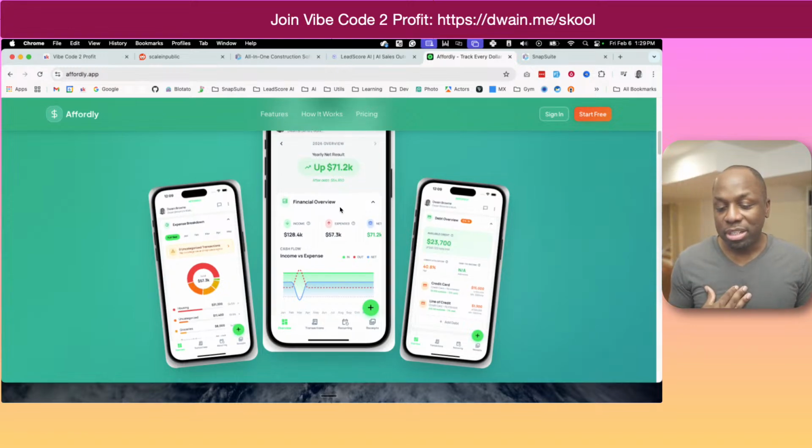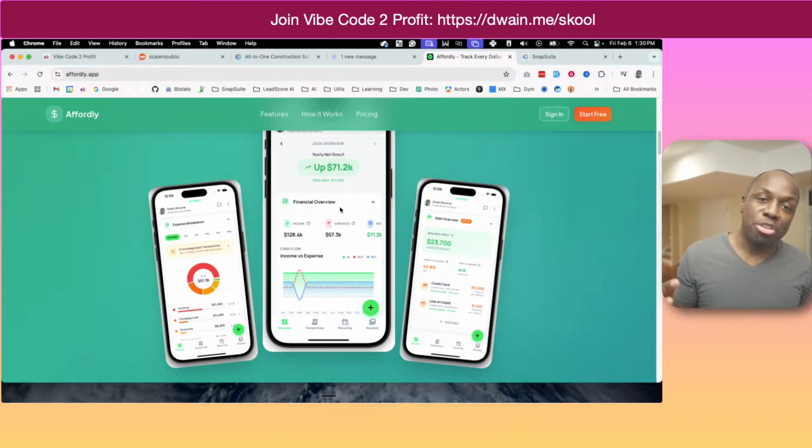The reason why I built it is because, number one, I've been through almost every app on the market, and a lot of them are really great. But the problem that I had was they were all getting bought out by larger companies, and then they would just kill them, or the product quality would degrade over time. And this became such a big issue for me that I decided I'm never going to use another budgeting app again. I'm just going to build my own.